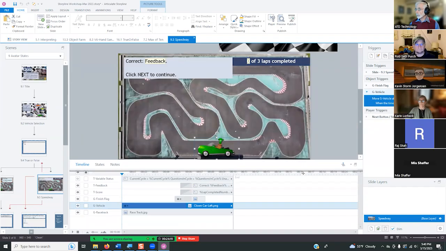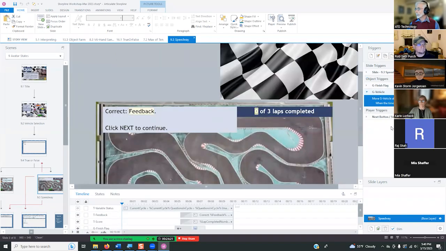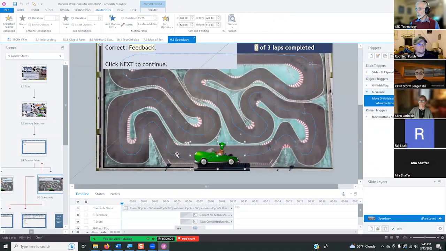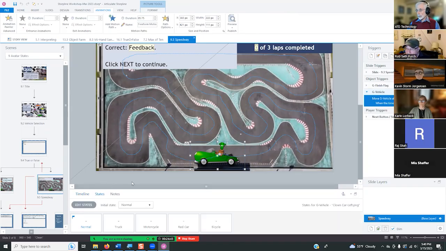And I could have duplicated that 5 times and put all 5 of them in there. I'll let you see the animation. You see the animation is going all the way around here. Could have done that 5 times and just hidden the one that has not been selected. But that would be a lot of work and that would be a little cluttered. So instead, I made use of the states here.